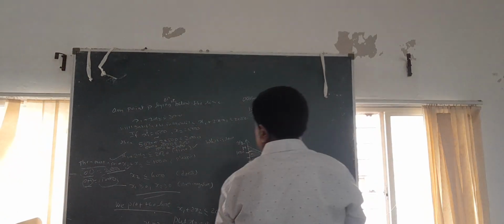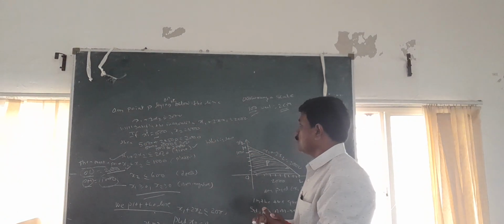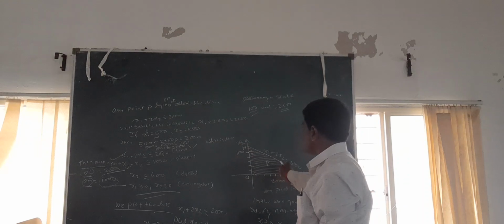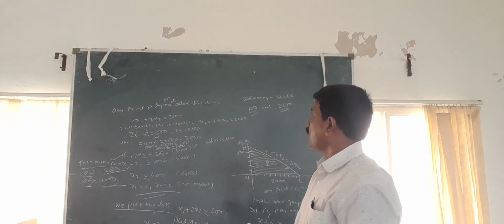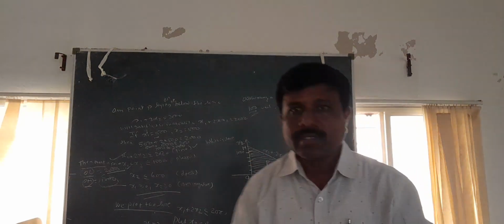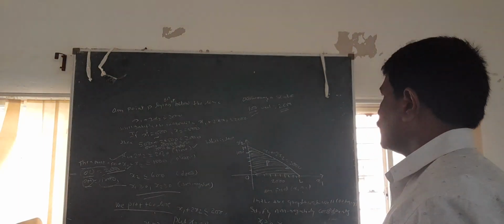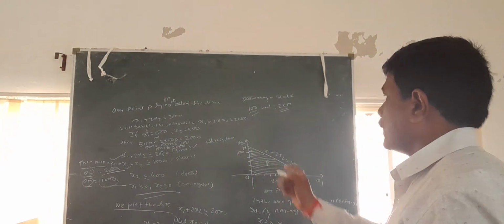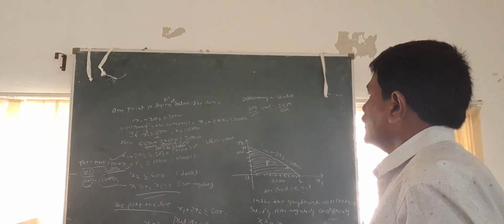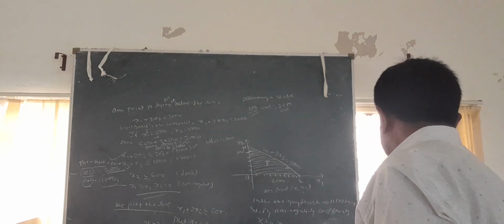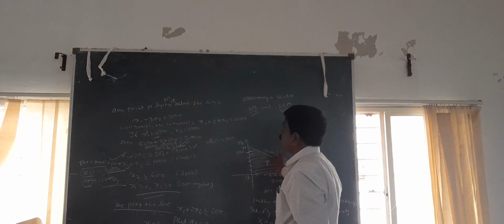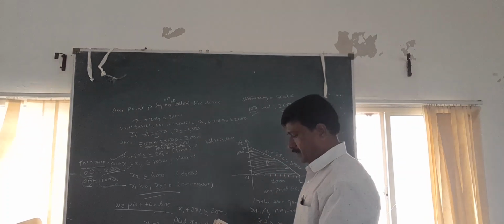So the first constraint is x1 plus 2x2 less than or equal to 2000, and we have considered any point P lying on or below the line. Here we put x1 equal to 500 and x2 equal to 500, then the value of x1 plus 2x2 is 1500, which is less than 2000, which is true, so point P is below the line.